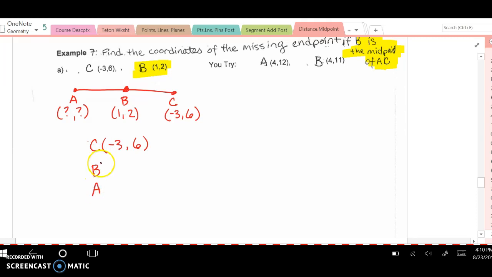I could have done A, then B, then C. It doesn't matter, but they need to be in order. B has to be the middle one if you want to work it this way. Okay, and then I'm going to erase these letters so I can have some room to work with